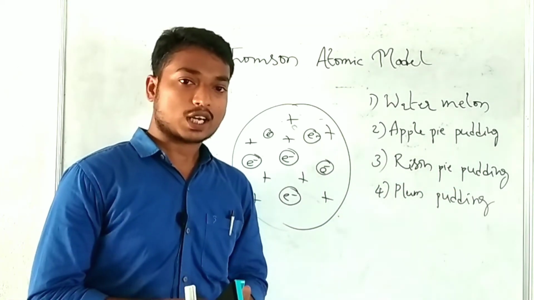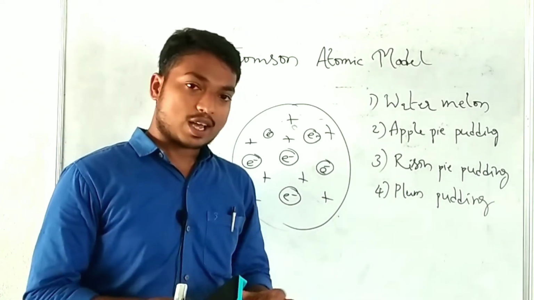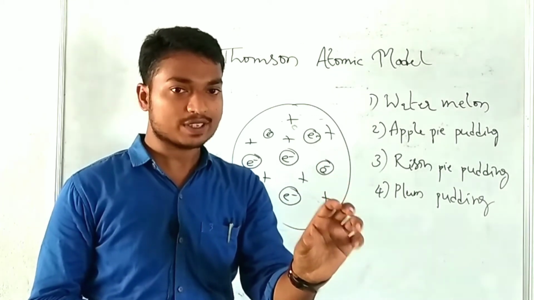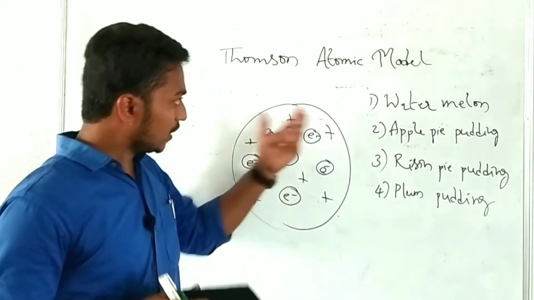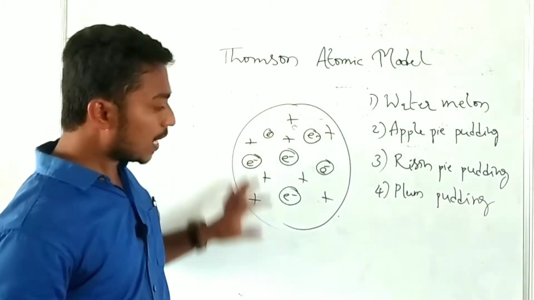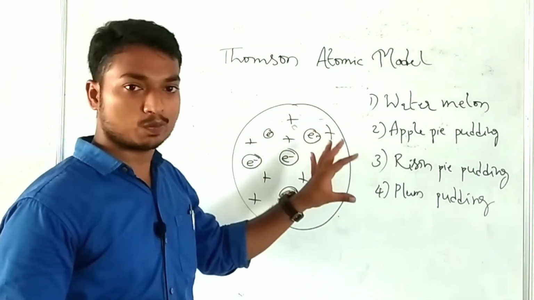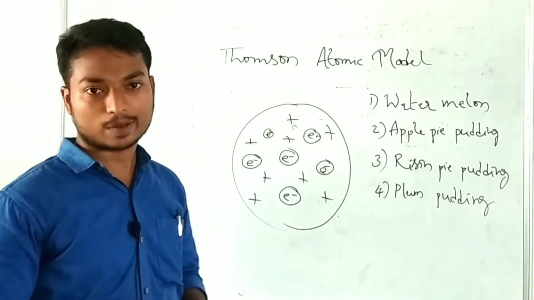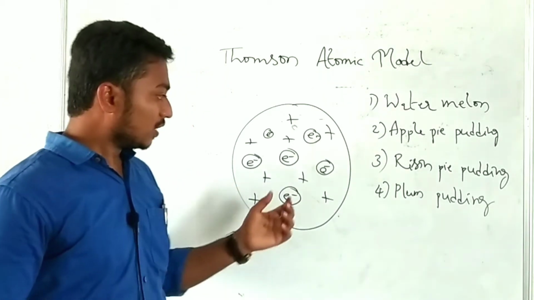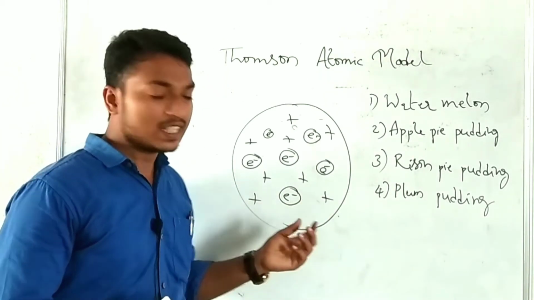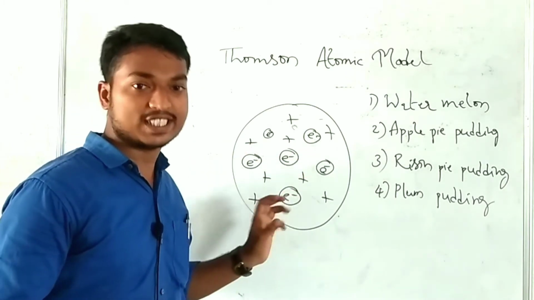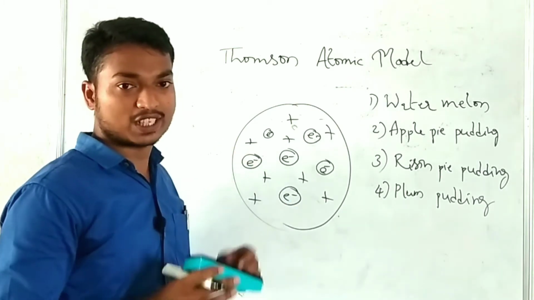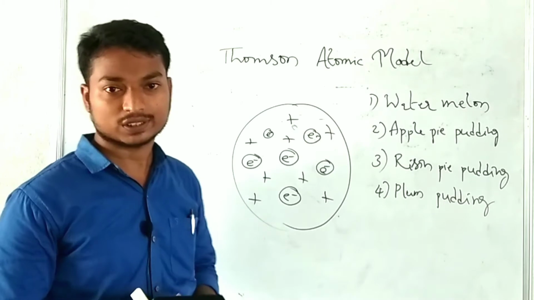According to modern atomic theory, most of the atom is empty space, and only the center of the atom has the mass. But according to the Thomson model, the total atom has an evenly spread positive part, with equal spreading of mass. So this is the main drawback. He also says that this is a static model of electrons. That means there is no movement of electrons explained here. The electrons are static, stable, embedded in the atom. This is one of the drawbacks of the Thomson model.